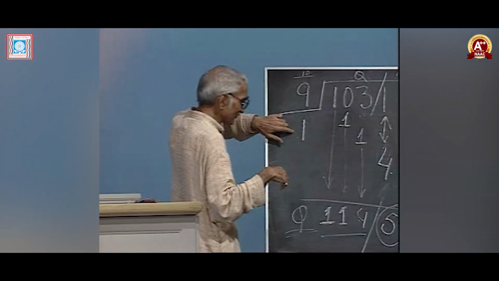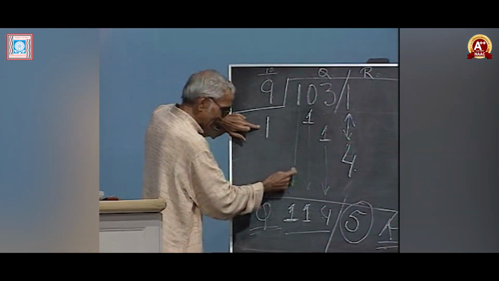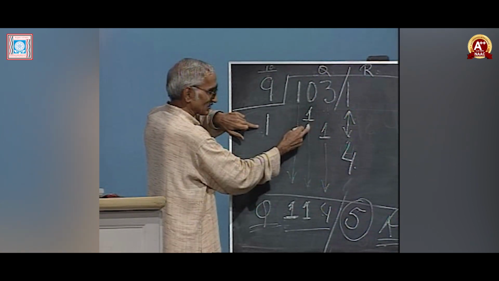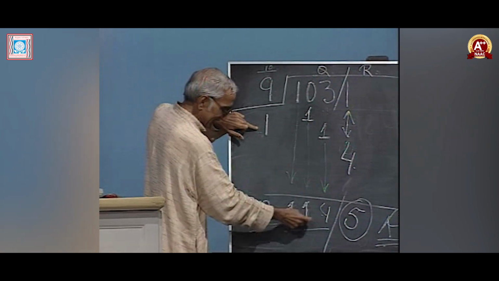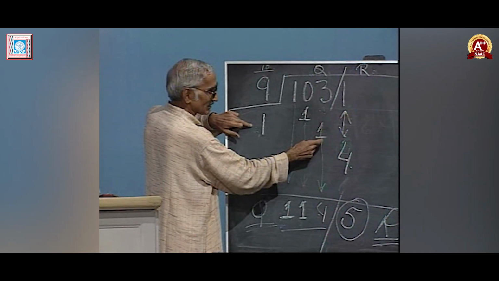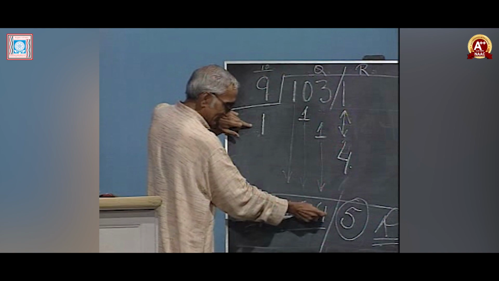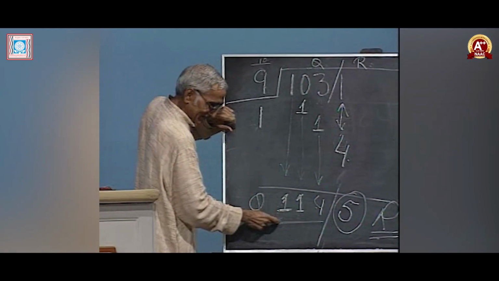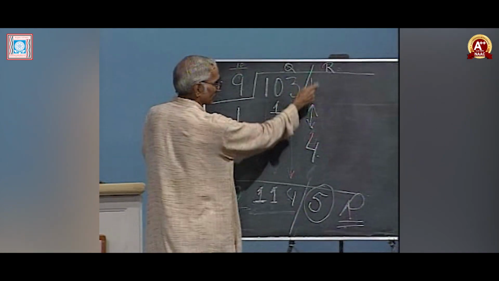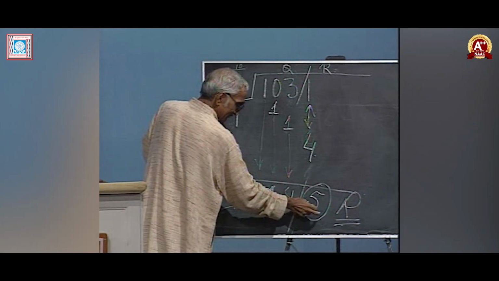You get the MD, first digit you carry down as it is, multiply it with this, 1 1s are 1, put it below the second digit, add up, I get again 1, 1 1s are 1, I put it below the third digit, add up, I get 4. So this is my correct quotient. And now 4 ones are 4, I write below the remainder portion, 4 plus 1 is 5 and 5 is